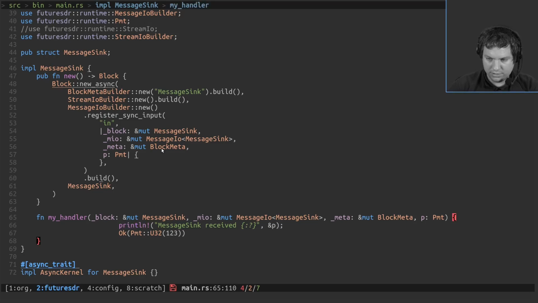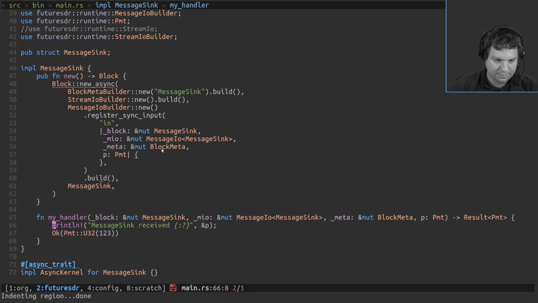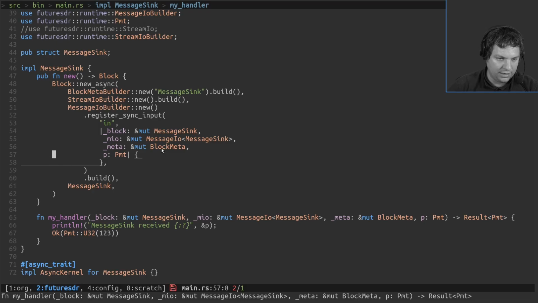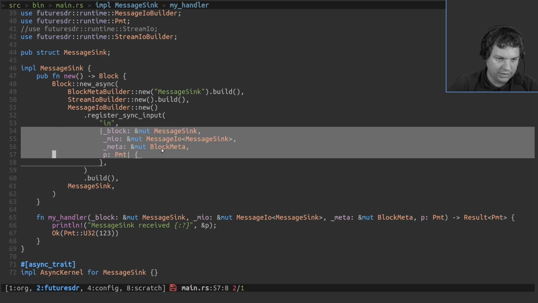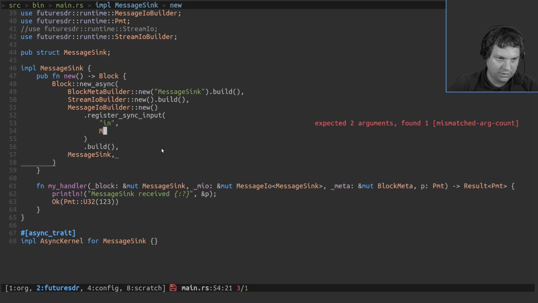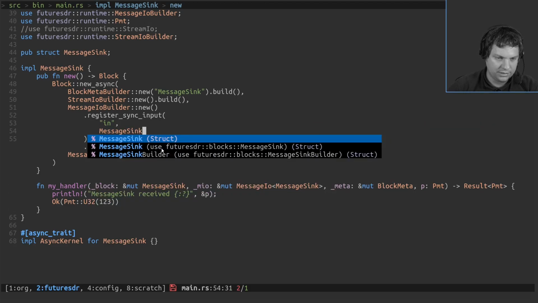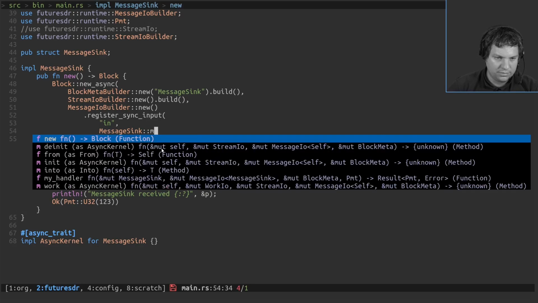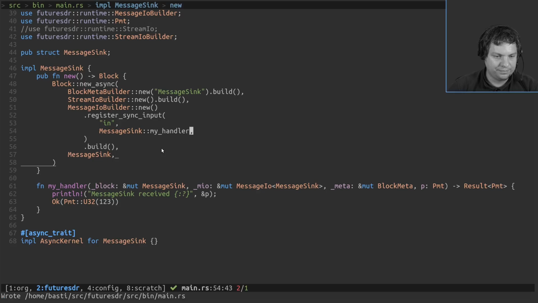This actually is a result PMT. And then here say register input that calls message sync, my handler.